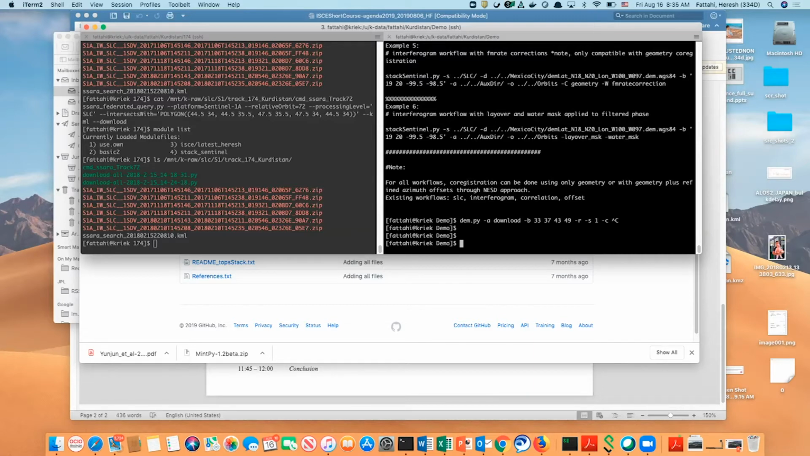Go back to the TOPS app notebook. You have a path to your calibration folder. And if you have downloaded the orbits for these dates, that's fine. You can give the path to the orbit directory. If you don't have it, which I don't have in this case, Stack Sentinel is going to download it for you. So the command that I'm going to run